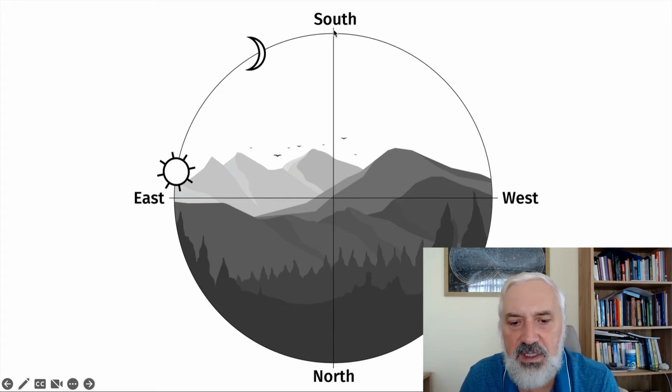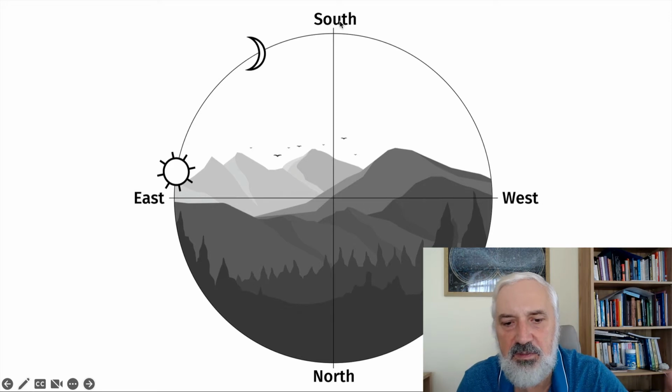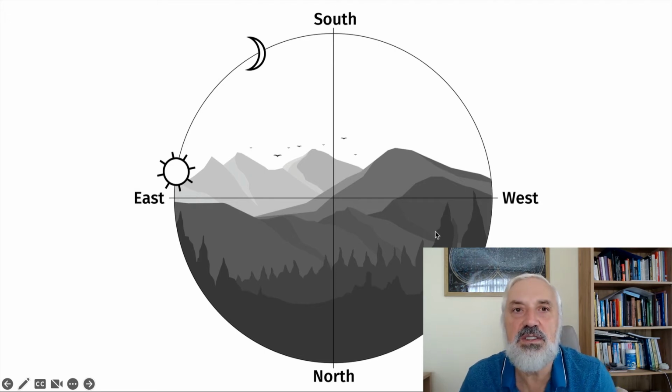This point of culmination we call, well, the middle of the sky, but it doesn't matter. The vertical line designates that point. And it's marked as south, because to see the sun and the moon, the observer has to turn south, because the luminaries and the planets will be seen in the south from the point of observation, from the point of birth. And later during the day, the sun and the moon will set in the west. And still later in the middle of the night, they will anti-culminate, as they say. So this is the basic movement of the universe. And a natal chart is just a snapshot.